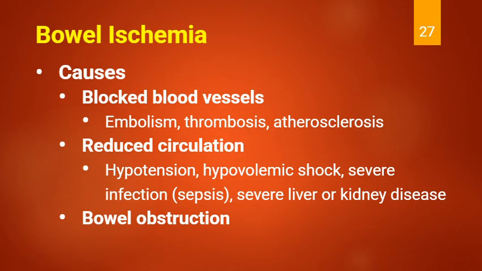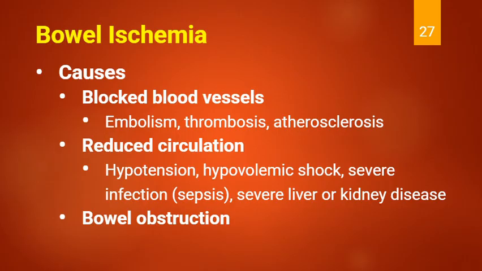Several conditions can reduce blood flow to the intestines. One cause is embolism, which occurs when a blood clot or debris travels through the bloodstream and becomes lodged in a vessel supplying the intestines. Another cause is thrombosis, which occurs when a clot forms directly within a blood vessel and gradually blocks circulation. Over time, atherosclerosis, which is the buildup of fatty plaques within arteries, can narrow the vessels supplying the intestines and